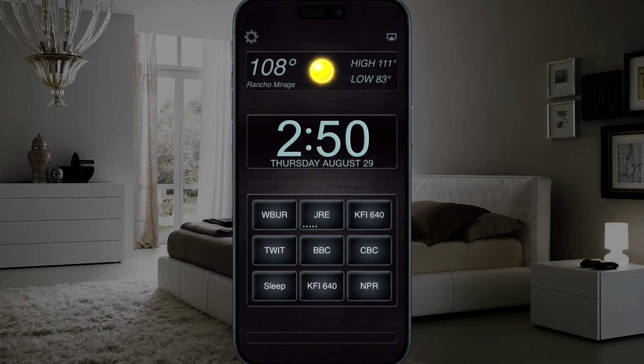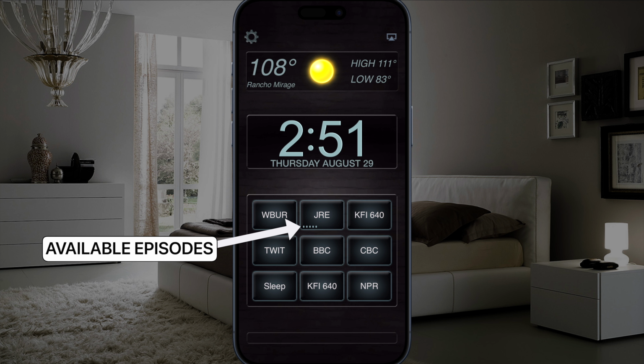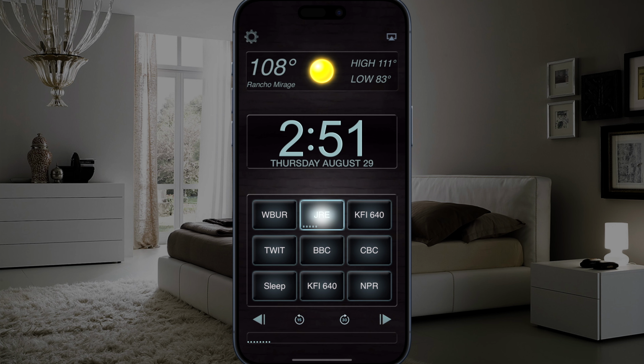When a podcast is saved to a radio button, there are little ticks on the radio button. These represent episodes, so if there are 5 or more episodes available, 5 ticks are shown on the button. If there are no ticks, there are no podcast episodes available. This is an easy way to quickly know if there are new podcasts available for playing or if you've listened to all available podcasts. I can play it,